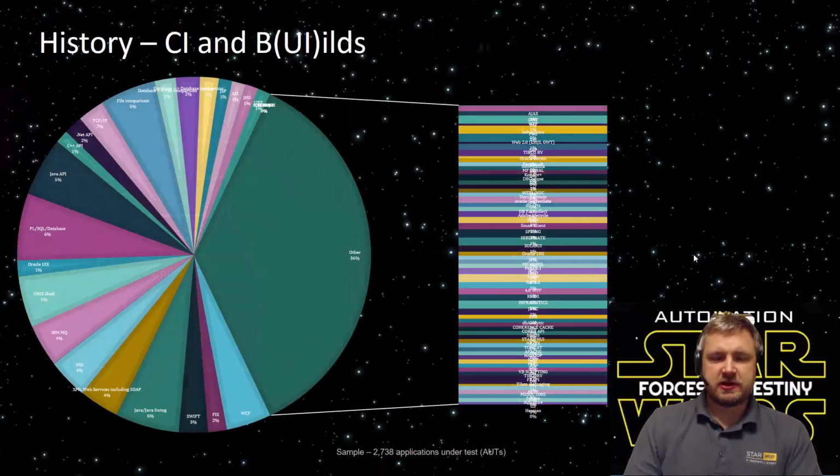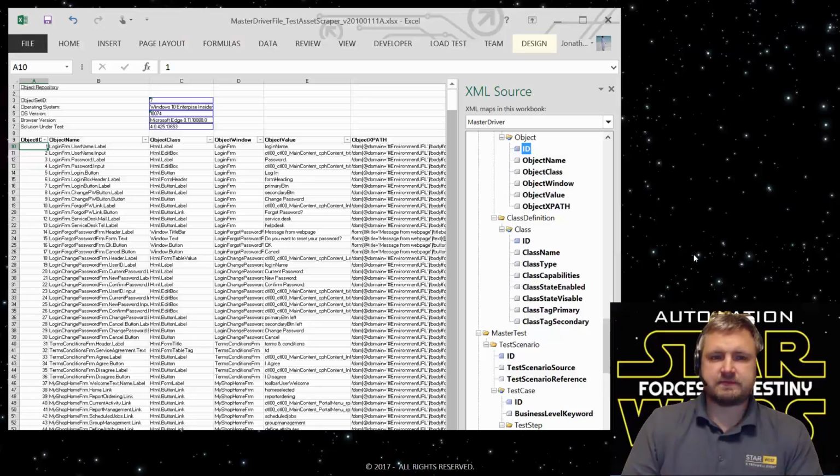Equally, when we start talking about CI and builds, we start dealing with a huge amount of complex environments and different technologies that are dependent on it. Intentionally, the data here is not easy to read, as this is information from a snapshot of a number of applications that were sampled.